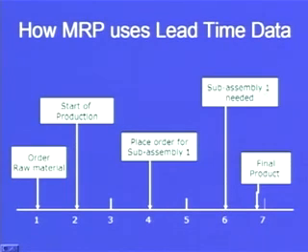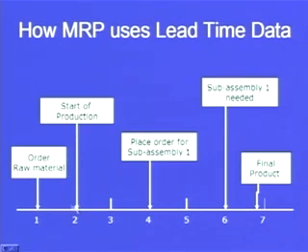Last, sub-assembly 1 will be needed on the 6th day. Place the order for sub-assembly 1 because the lead time may be 2 days. 2 days would be required for sub-assembly 1 to be procured, so the start of production is at day 2. If we know that sub-assembly 1 would require 2 days to process, then the production of sub-assembly 1 should start on this second day.